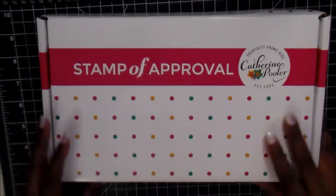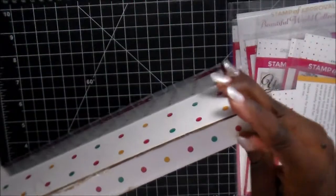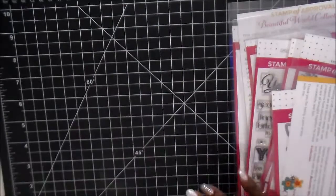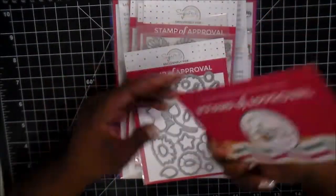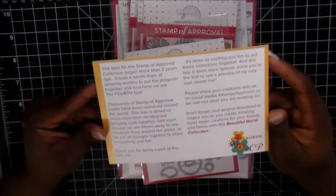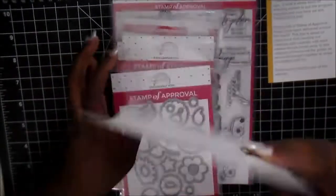So to start with, I'm going to open up the new box, which is really simple, and inside the pretty paper they have everything packaged really nice. I'm just going to pull it out real quick and kind of put this to the side. And if you saw any of the videos, I was not the Willy Wonka golden ticket winner. There was no mini Misty in mine. So what it has here is a card telling you about stamp of approval,